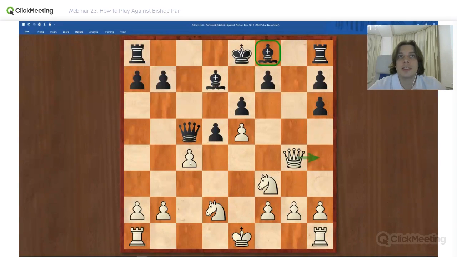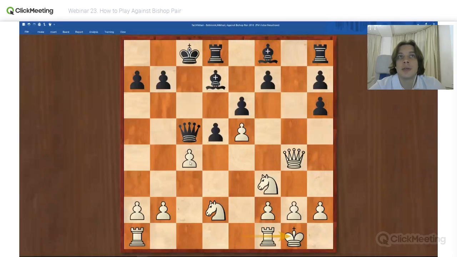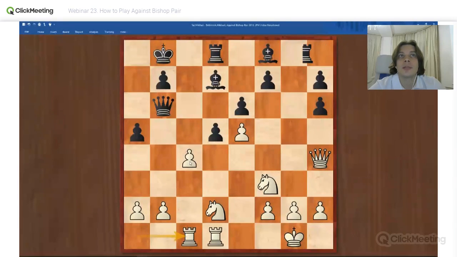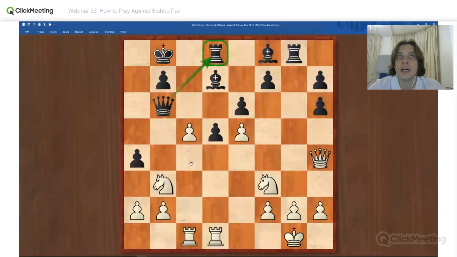And if black doesn't take, then c takes d5 makes a weakness on d5. But actually, here white can play c5 and restrict a dark squared bishop, what is more important.